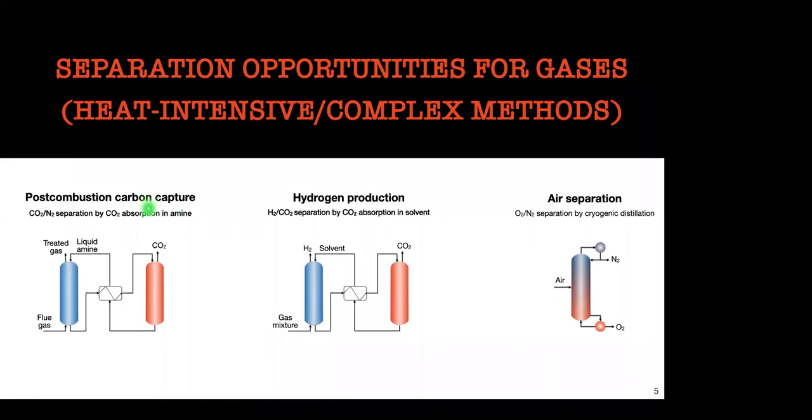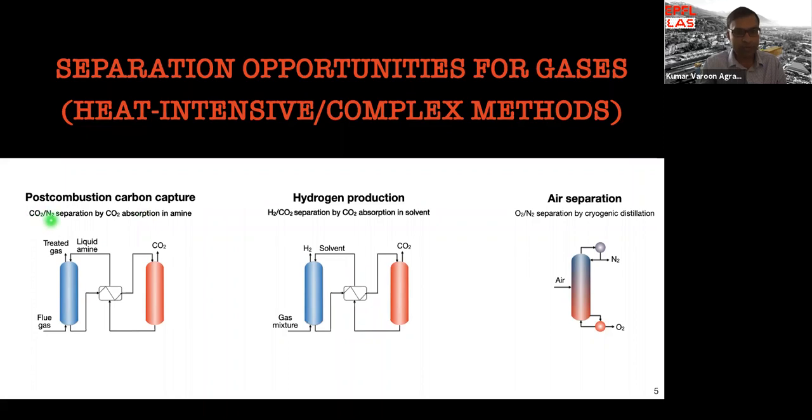The first is post-combustion carbon capture, where you are collecting or separating CO2 from nitrogen. And this is commercially done by amine absorption. So you absorb in amine and then you regenerate the amines, and therefore you get CO2. But this regeneration step is the expensive step. There is also hydrogen production from fossil fuel, where you are essentially using solvents, similar in scheme to this. But here you again have to heat or reduce the pressure to release CO2.